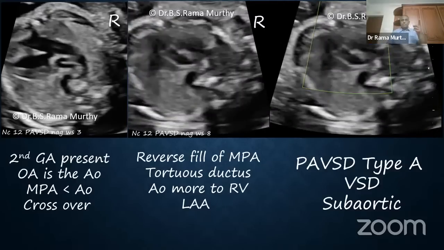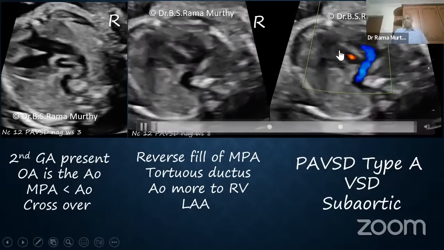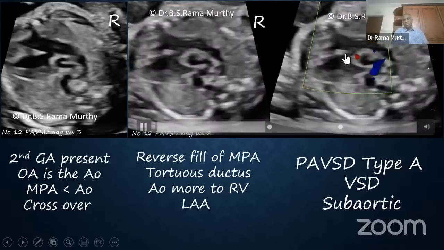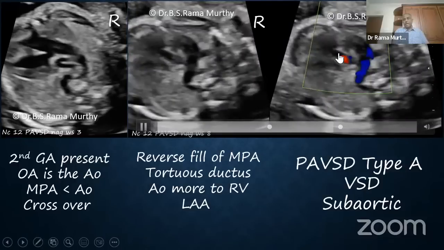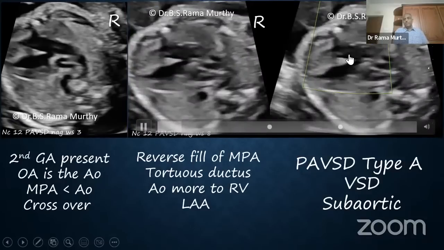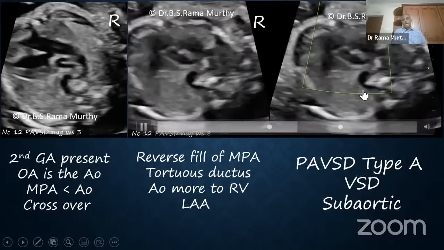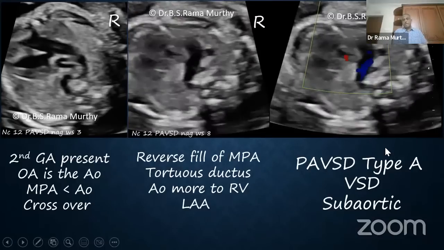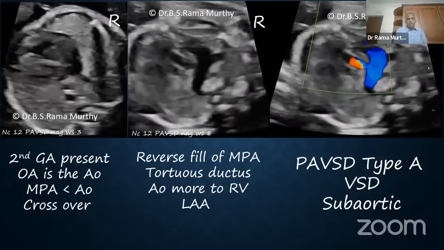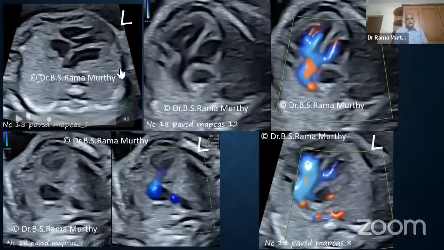I will think of colors, isn't it? But when I turn the color on, you find that instead of the pulmonary artery coming in blue, antegrade flow, it is coming in red, which means retrograde flow. That immediately tells me that the pulmonary valve here is atretic. So therefore, this is pulmonary atresia associated with a VSD. So it's PAVSD, ductus dependent type of pulmonary circulation, and it is called type A, right? Yes.